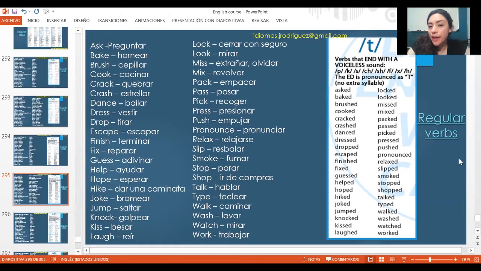Okay, I'm gonna repeat them again. Try to repeat after me wherever you are. It will be ask, asked, bake, baked, brush, brushed, cook, cooked, and try to notice the difference. Traten de identificar la diferencia en los finales. En presente se oye mucho más simple. En pasado se oye como un sonido extra. Crack, cracked, crash, crashed,